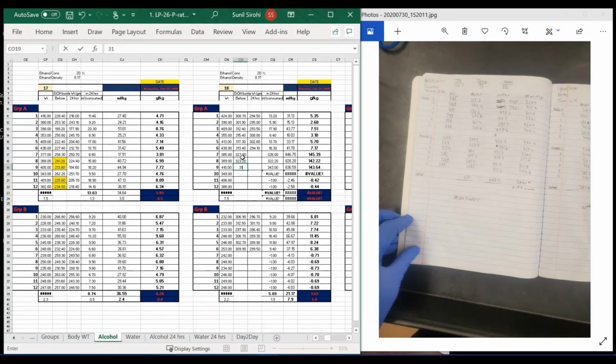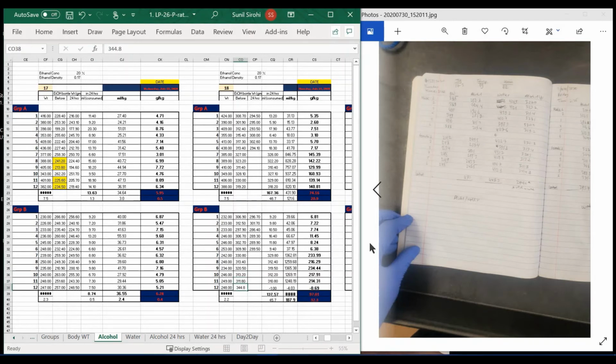See that this number is coming from right here: 327, 323.2, 311.4, 328.1, 319.2, 319.2. Okay, and then for females,